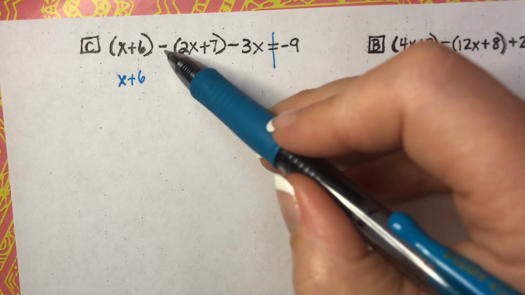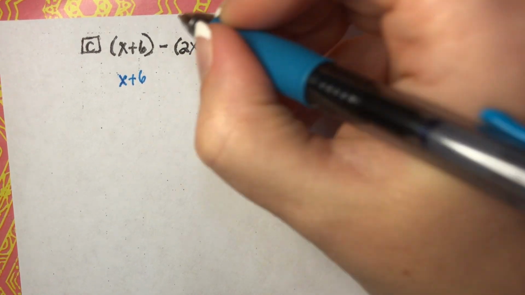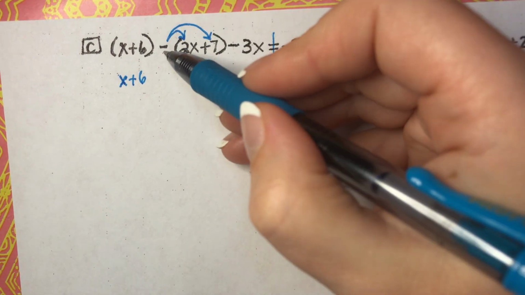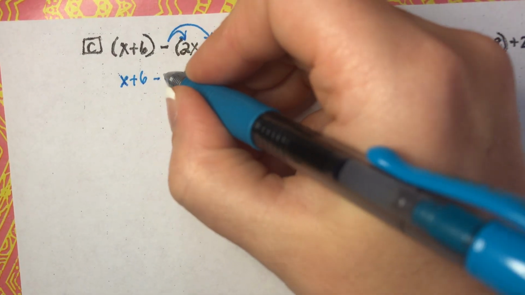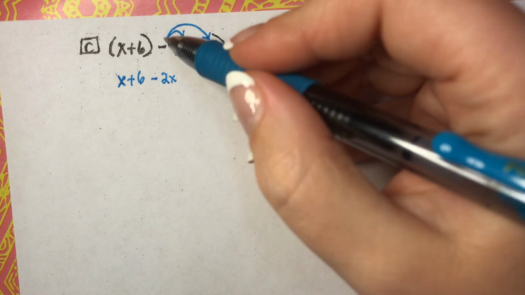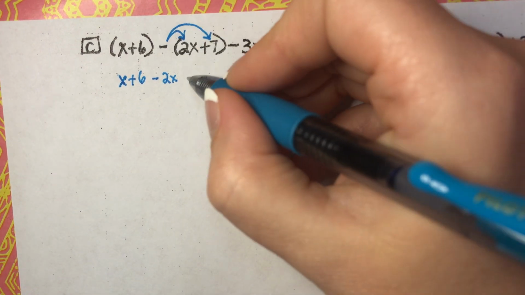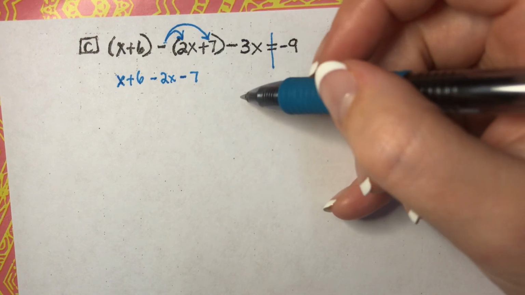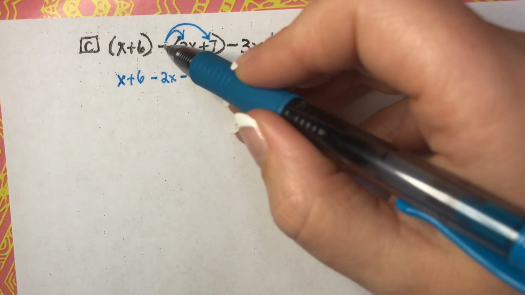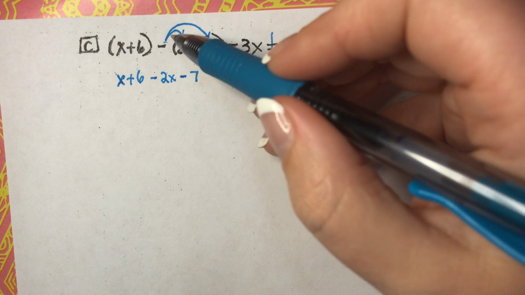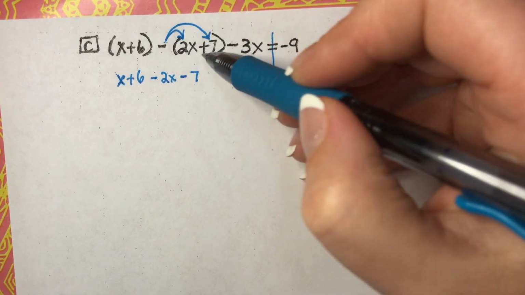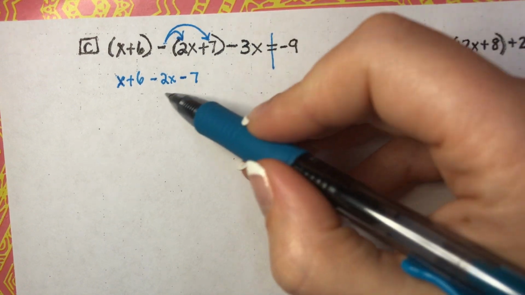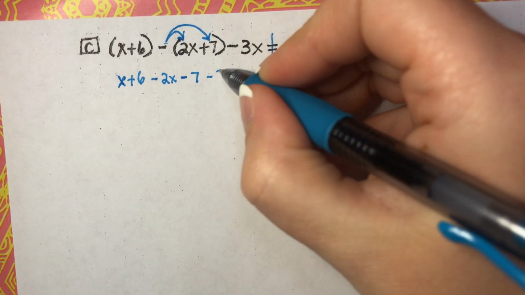Now this parenthesis has a negative on the outside, so we really need to distribute that negative, and we need to distribute it to both items. So a negative times 2x is going to be a negative 2x, and then a negative times 7 is a negative 7. And it's this second one people always forget, and then they get the whole problem wrong. So whenever there's a negative outside of parentheses, you have to distribute it equally to all the things. So negative times 2x, negative times a positive 7. And there we go. And then minus 3x